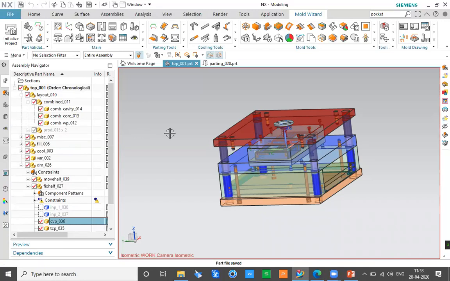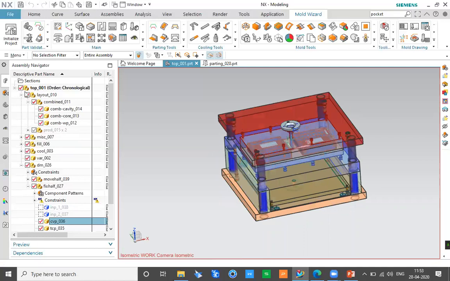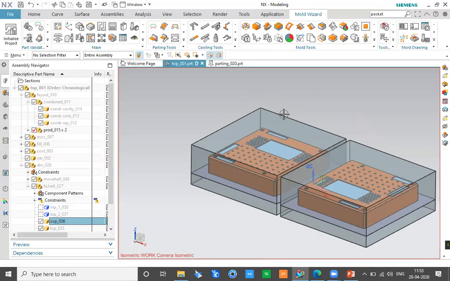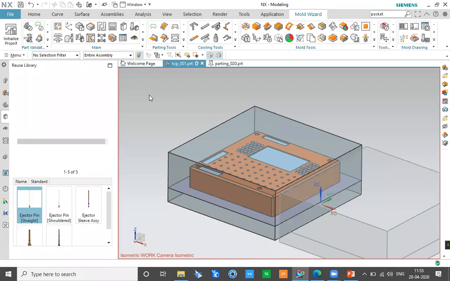Okay, so basically you have to make sure the ejector pin doesn't rotate and all information needs to be provided properly. So what I'll do is I'll hide everything. I'll only show my product over here so that I can design my ejector pin as required. So here for designing ejector pin, we have an option called design ejector pin, which is a really nice option in order to design an ejector pin.